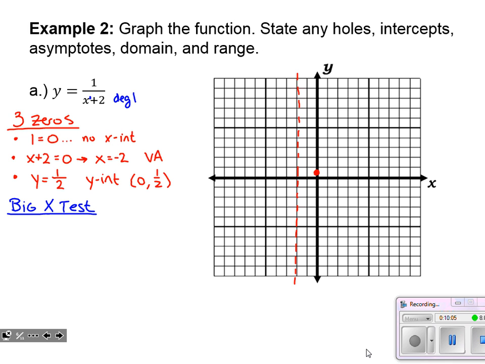Our big X test, well, looking at this, the denominator has a degree of 1. I'm just going to jot that down off to the side. Once we get a feel for what to look for, we don't have to take the time to do that. But for the notes, we want to know how we are figuring out what's taking over. And the numerator has no x terms in it. The numerator has degree 0. So since the denominator takes over, I'm just going to put den take over. I know my horizontal asymptote is y equals 0.